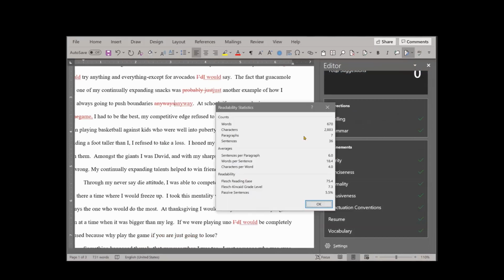Now notice when I finished up, I had checked readability scores. And what I'm looking at here is a general review of the essay. It's telling me that the reading ease index is 75. And if I understand that correctly, that's saying that it's relatively easy to read. It's telling me that it's written at about a 7th grade level, which is a little low, but it's fine. And it's telling me that